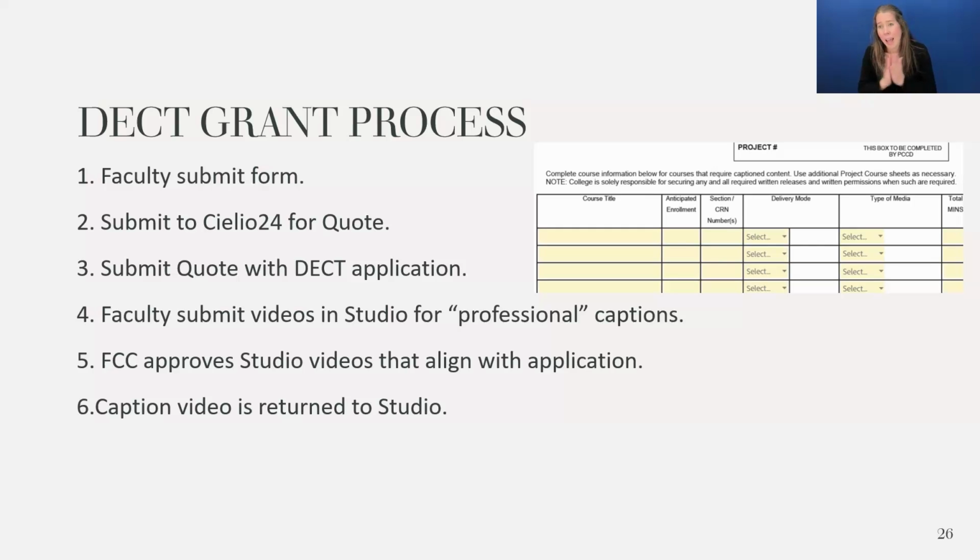My initial thought is that we submit them every Friday or something, like one day of the week, we do it, whatever's turned in that week, and we start the process. That's kind of what I'm thinking, but we'll have to wait and see. Yes. So are you only captioning videos uploaded to Studio?